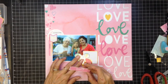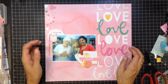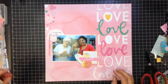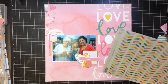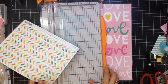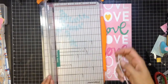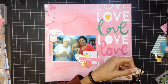This layout I did quite some time ago at a crop. I just have never gotten around to editing the video. So I apologize if I'm off a little bit on some of the things I'm saying, but hopefully I know kind of what I did. You know, sometimes you think you just did, even if I did it yesterday, sometimes I can't remember what I did. So, you know, go figure. I'm sure if I did this back in October, I think that's when I ended up doing this, the likelihood of me remembering what I did is probably pretty slim. I did review the video before I did the voiceover, but it's just hard to remember some of these little